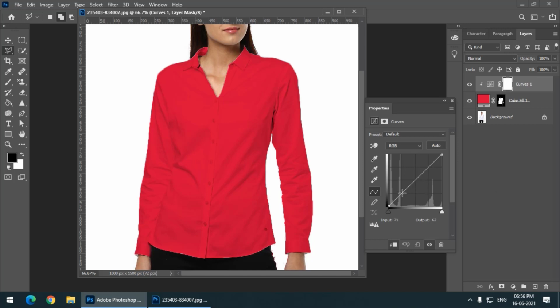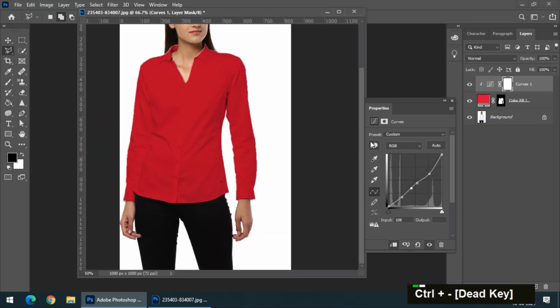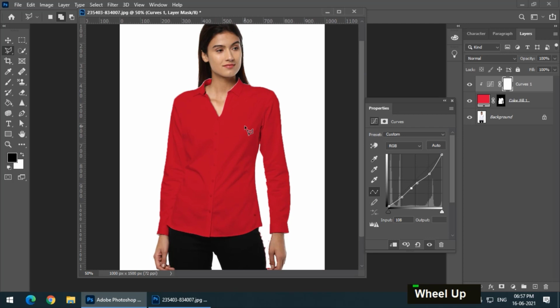But by using the curves adjustment, we can change the color shade. As you can see, this is without the curves option, and this is with the curves option. If you don't like it, you can always turn this off. And if you think that it is helping you out in your result and making it a bit more realistic, then you can simply choose this option like this. And this is it. As simple as that, you have changed the color of a white object, in this case a white shirt.